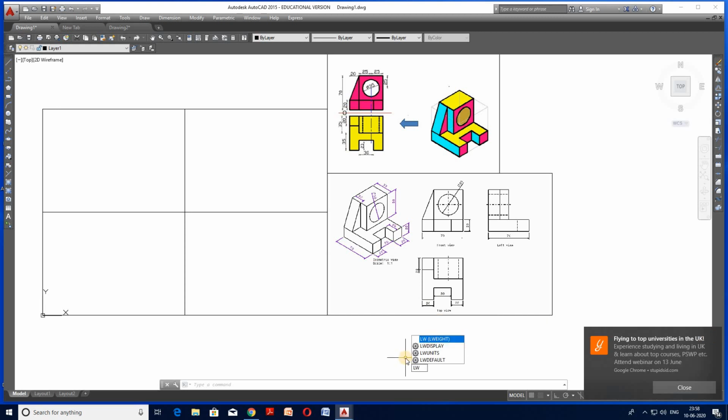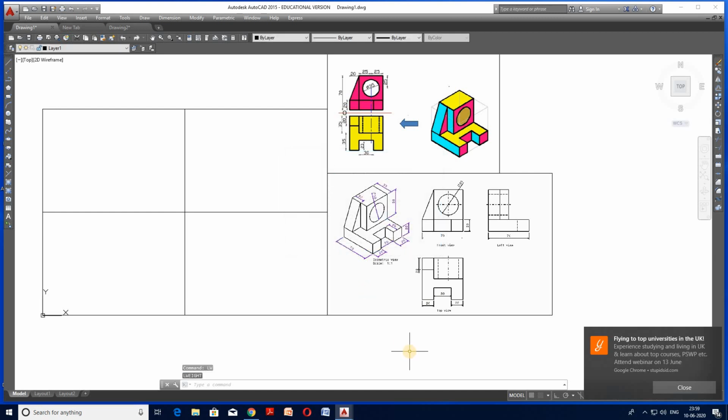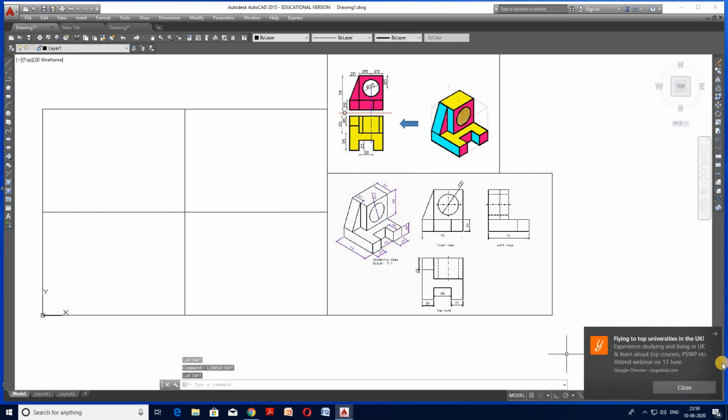But before that, make this line width hide show button on, so that it will be visible. Now, after doing these compartments,